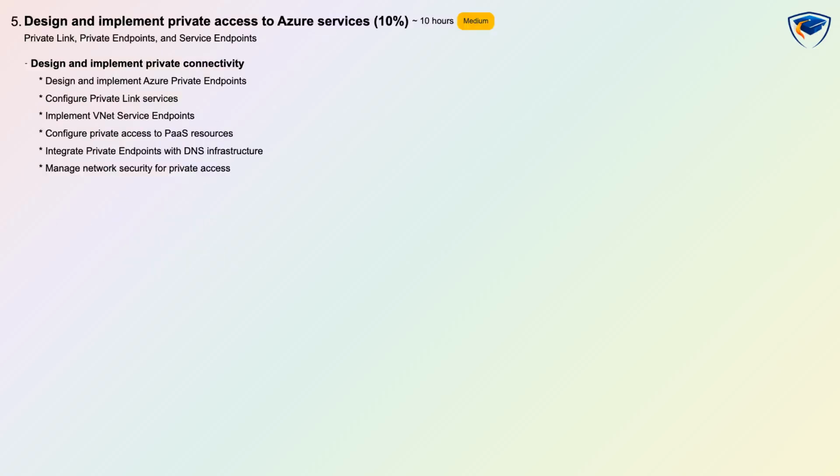The third domain, Design and Implement Application Delivery Services, covers load balancing, application gateway, and global traffic management. This domain has a high difficulty level and requires around 18 hours of learning time. You'll learn about designing and implementing Azure Load Balancer, configuring load balancing rules and session persistence, and implementing health probes